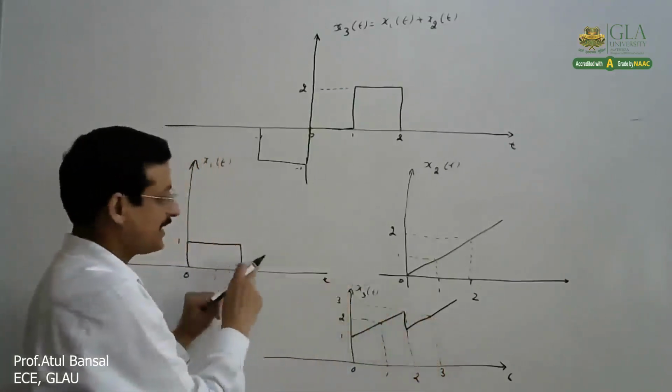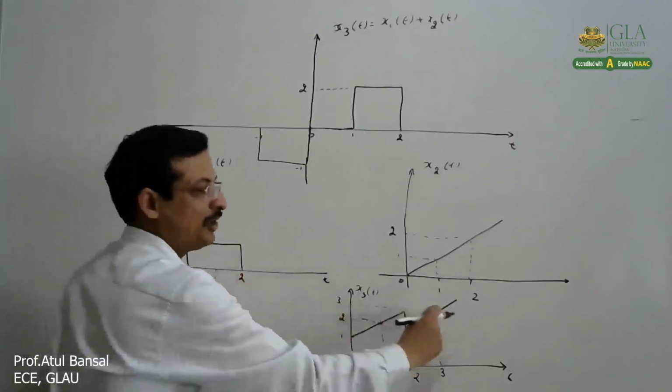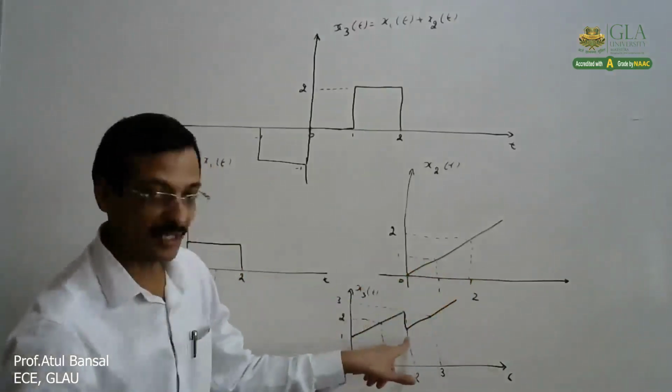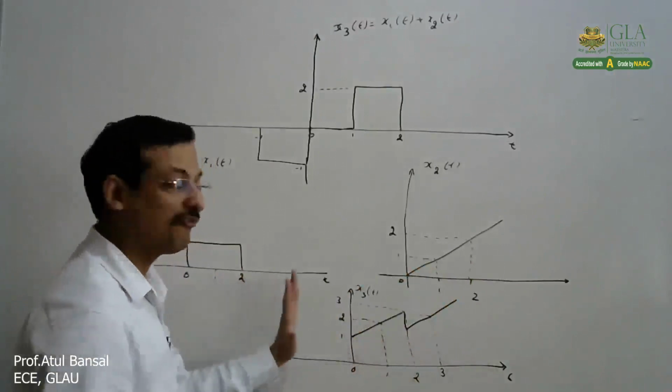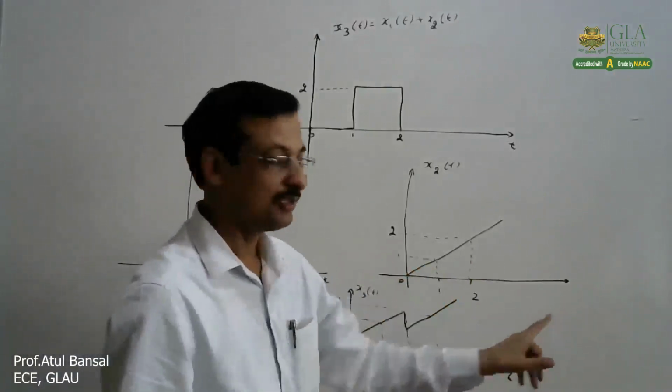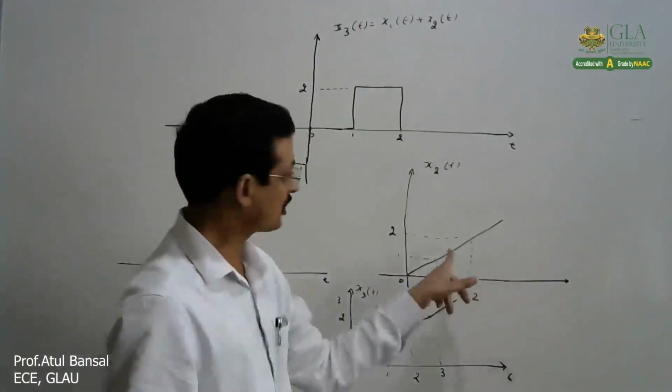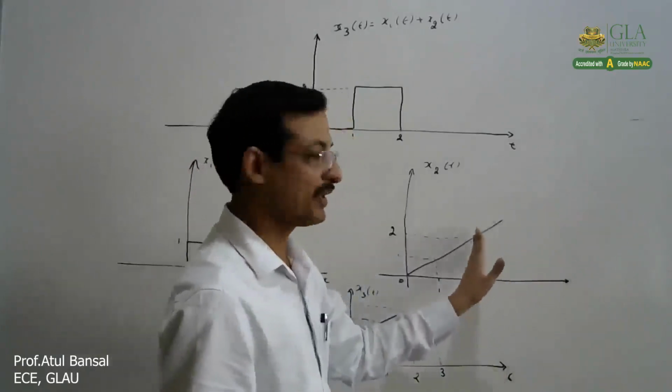Because at 3, what is adding is 0. So that will be the new signal. So this thing is very important that we have to check at every point. So up to infinity, this will go like this, because this is going up to infinity. It is not stopping at this.